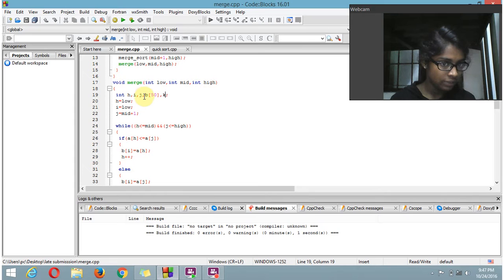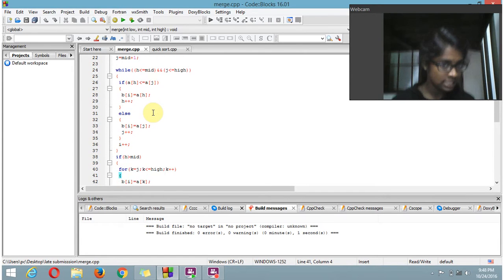Here also I have the variables h, i, j, b, and I have an array b of 50, and I am declaring that h equals low, i equals low, and j equals mid plus 1. So here we are giving a while h is less than or equal to mid, and with the logical and j is less than or equal to high, you'll have an if condition as a of h should be less than or equal to a of j, and then it will be true as b of i,